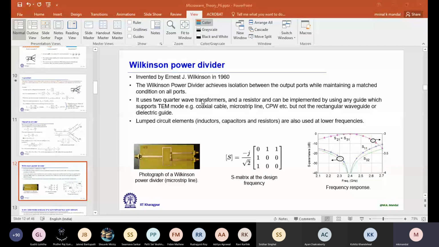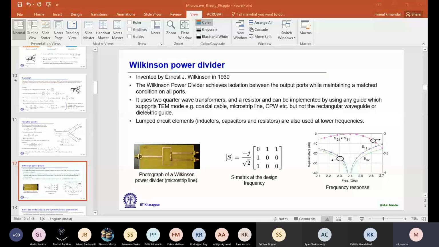But what about rectangular waveguide section? Rectangular waveguide, it is not possible. Why? Then how to use the resistor? I have to pass all the electromagnetic current through the resistor. So the voltage current concept is not valid. So then we can't find a suitable position to place the resistor. So this is an important observation. You note it down in your copy. So the guiding structures for which we can't define the EM mode of propagation, we can't use this Wilkinson power divider concept there.